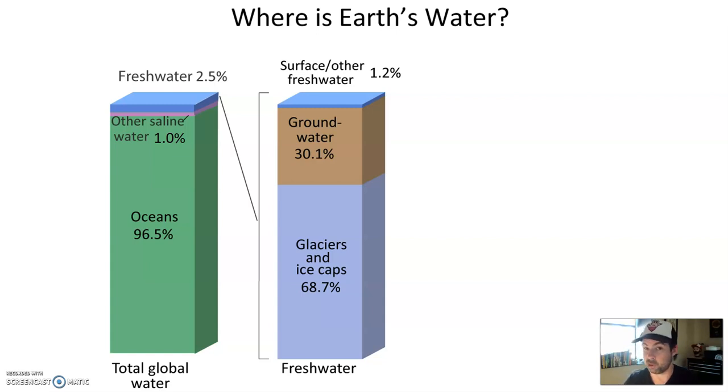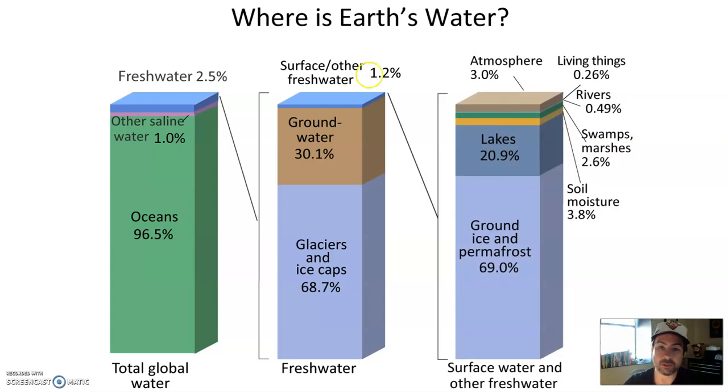Excuse me. It's frozen. And if it ain't frozen, it's below ground. And then whatever's left, that's the stuff on the surface. That's why water is such a precious commodity. There's just not a lot of it we can access. And so if we go ahead and break down that surface water, the fresh water,